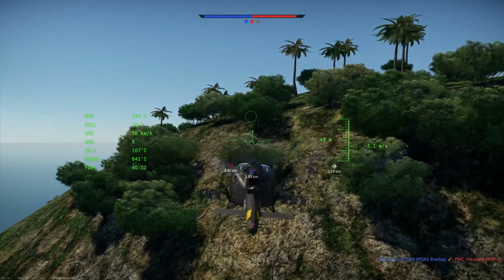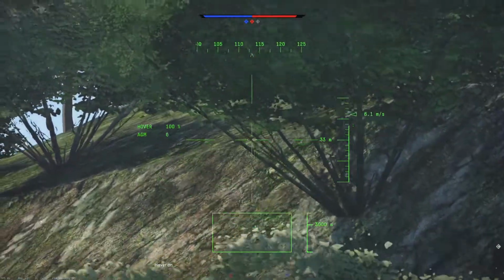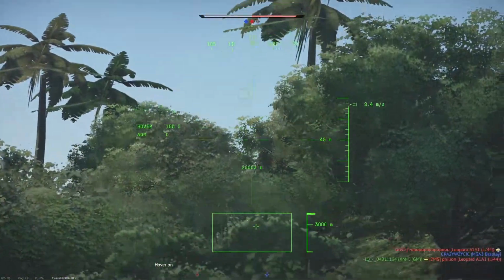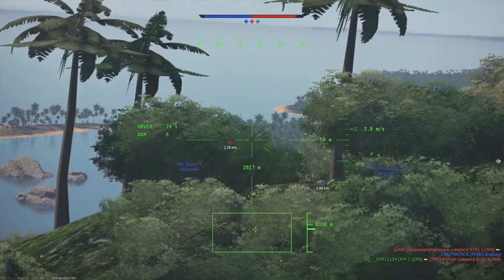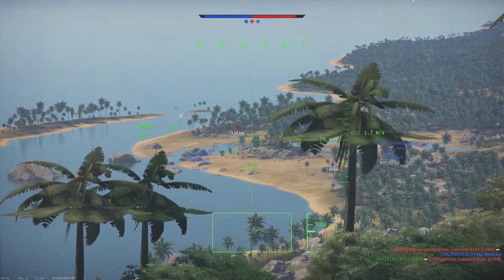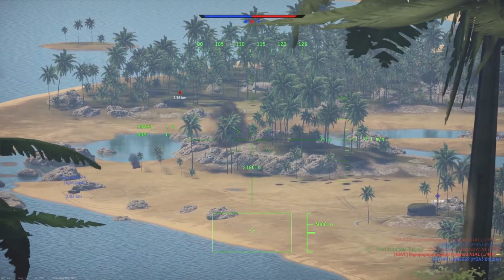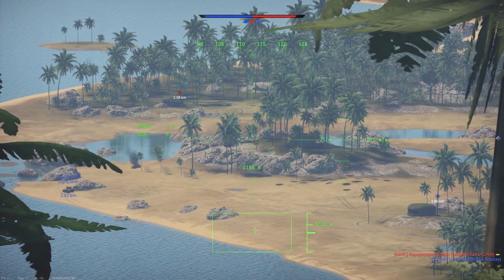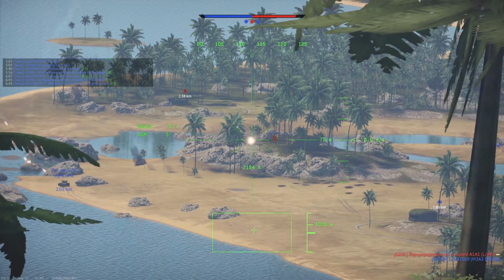So let's see. We're going to go and engage hover mode right here, and we're going to gain some altitude, fix the camera for ourselves, and then we will see what we can do out here. So I was going around like A and B here. You can see there is an enemy out there that we can hopefully theoretically take on. He should be actually hittable from...